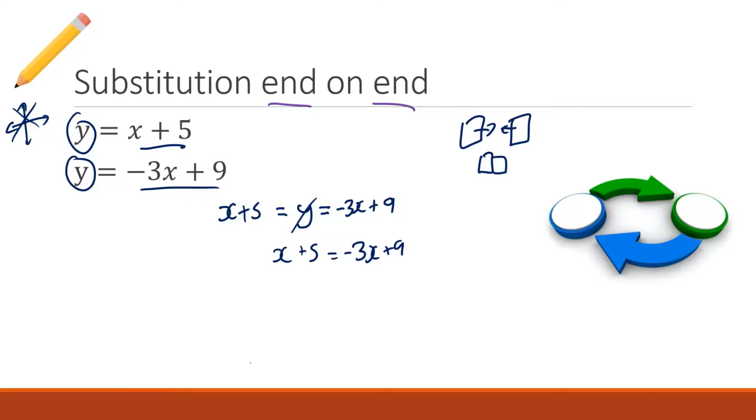Oh, no, someone's given me an answer. Minus 5. We could minus 5. You know what, Michelle? We'll do minus 5 and see what happens. It's minus 5 from both sides, which cancels out the plus 5 here. That gets us x equals negative 3x, and 9 minus 5 is going to give us plus 4. What are we going to do now?